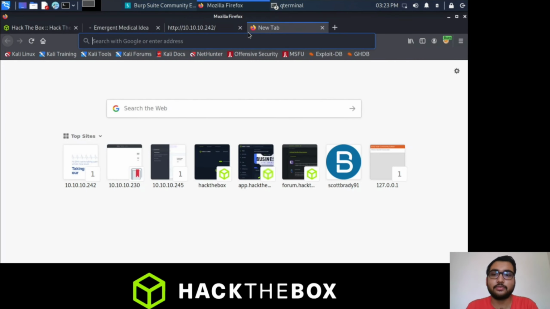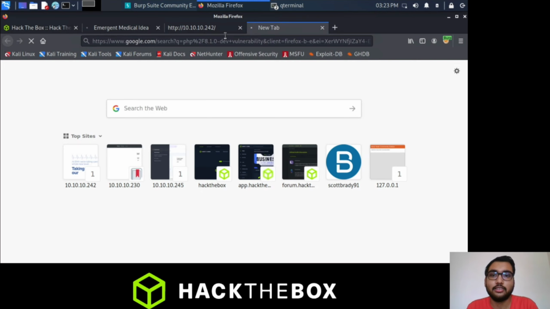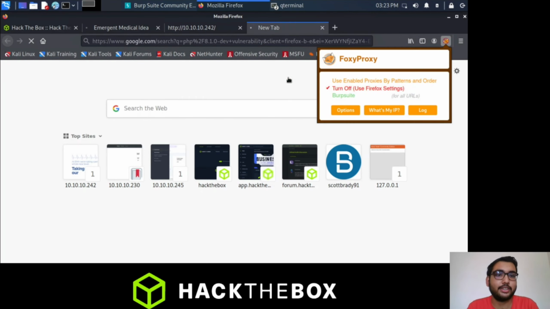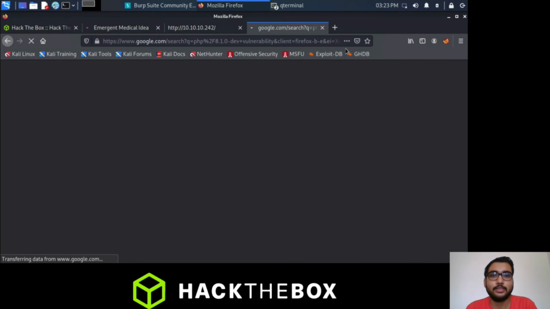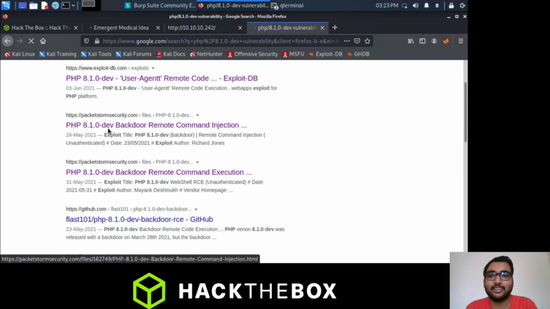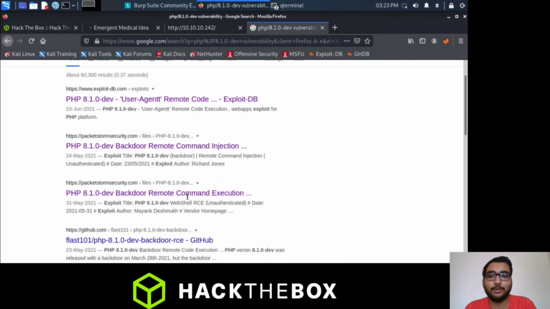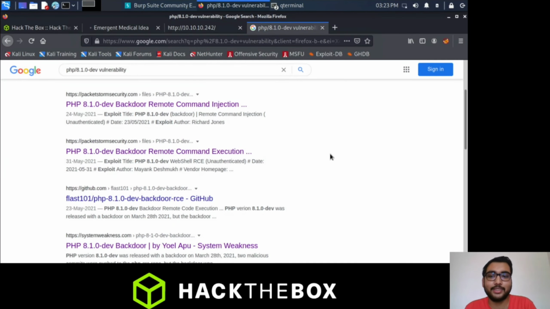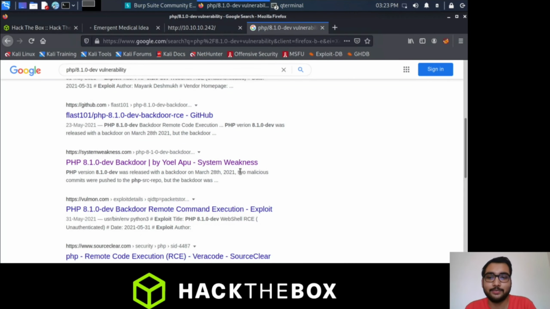Let's turn off our Burp Suite and refresh this. Now we can see that there are many exploits and blogs available for this vulnerability. There is something like a backdoor remote command execution vulnerability in this.